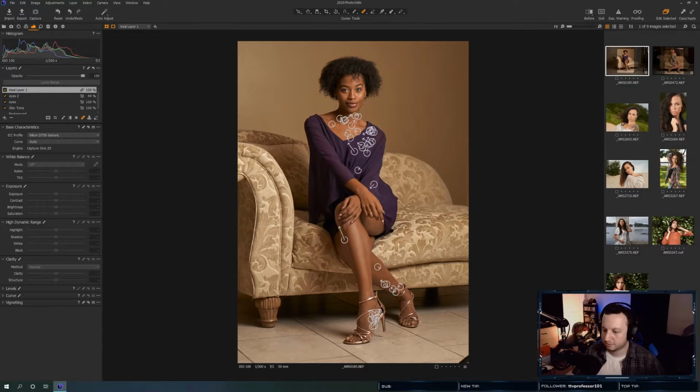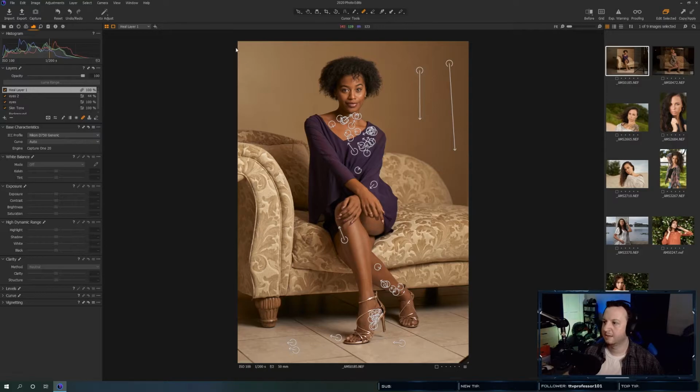And then we're also going to clean up right here. This healing tool is not that bad. I was a little bit worried because I usually do this step in Photoshop, but I'm wanting to play around with the color, which we're going to do here in just a second. Because I was looking at some tutorials today and the color tools here in Capture One are phenomenal. So we're just going to play around with them a little bit. And then if they don't work, we'll bring this into Photoshop.